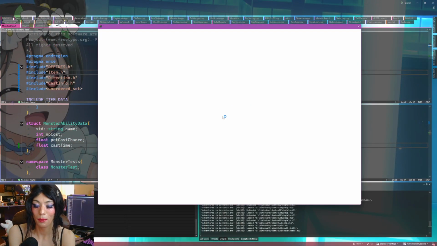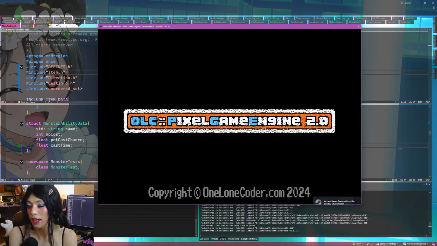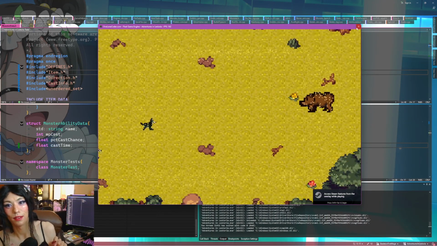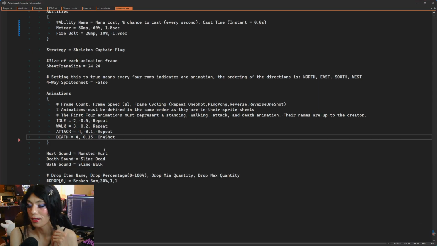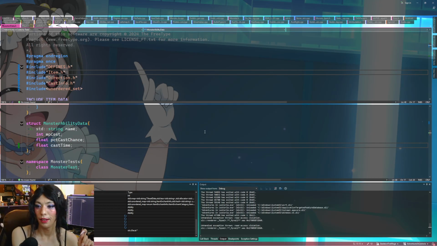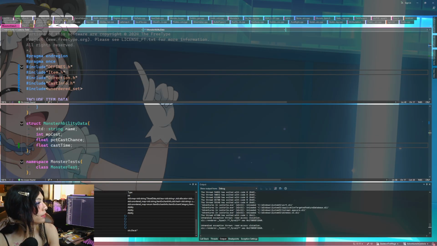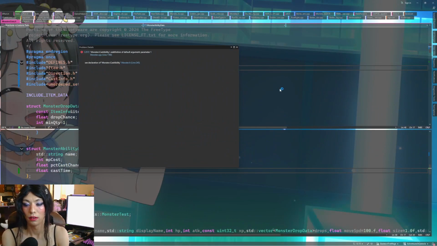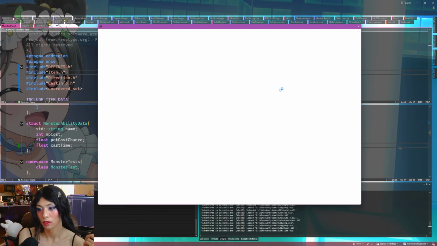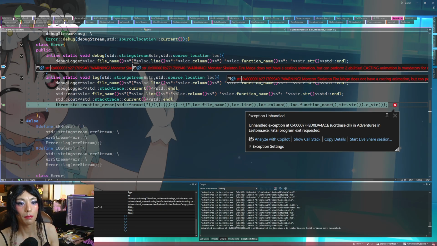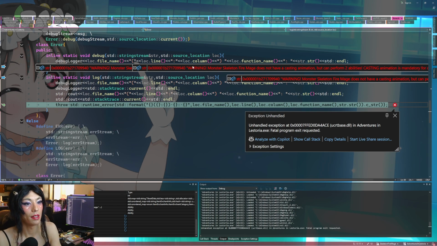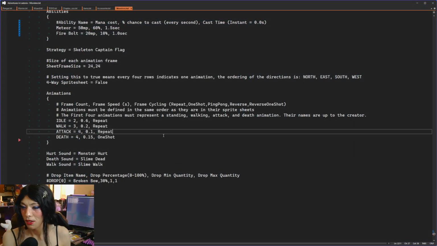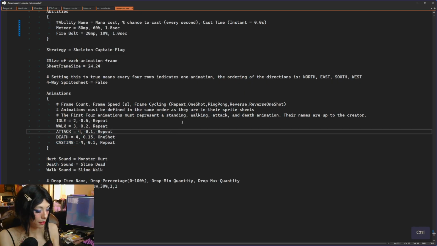Okay. So, we do have our game running, and it's not complaining about the animation thing. So let's do a test. Let's close the game. Let's remove this casting animation from our caster, who's clearly a caster. And then let's try that again. Oh, restart the game, please. And this time we actually crash, and it says, warning, Monster Skeleton Fire Mage does not have a casting animation, but can perform 2 abilities. Casting animation is mandatory for casters. So, thankfully, it works. Yay! Alright, so we're gonna put that back, and then now we're gonna work on